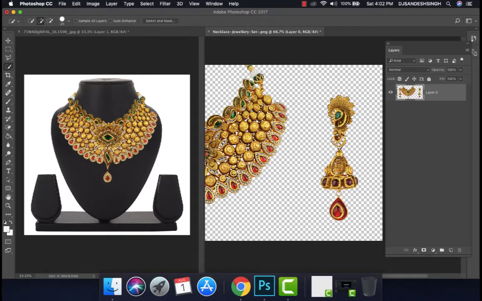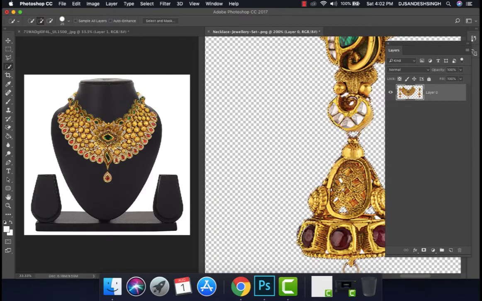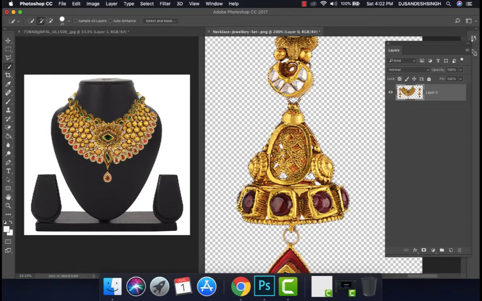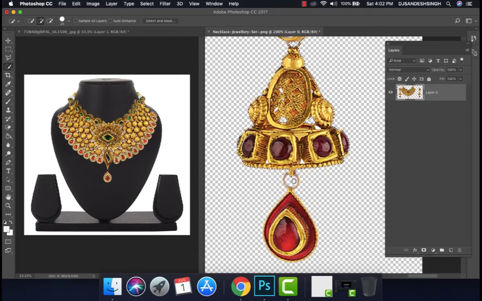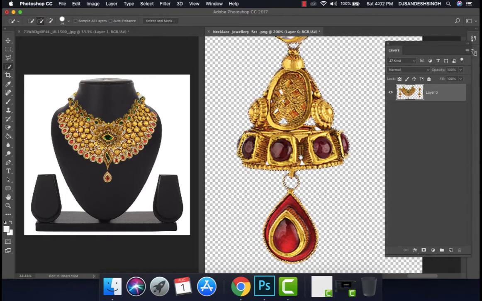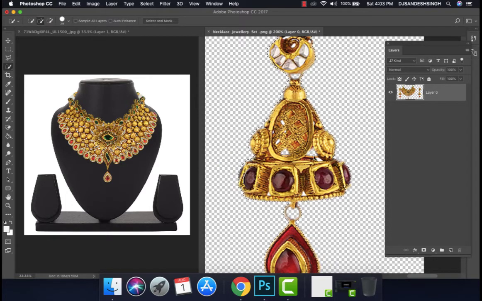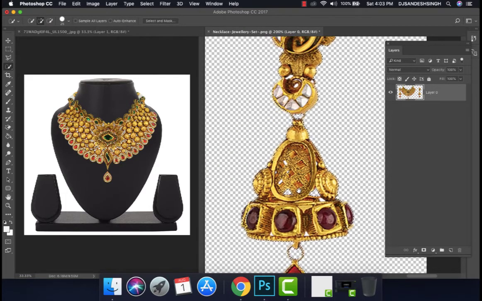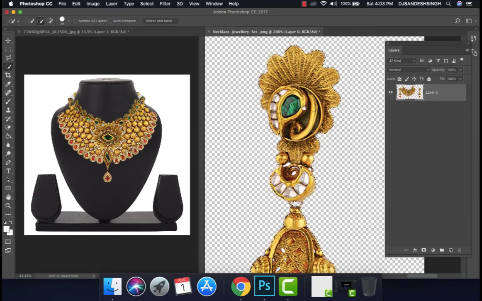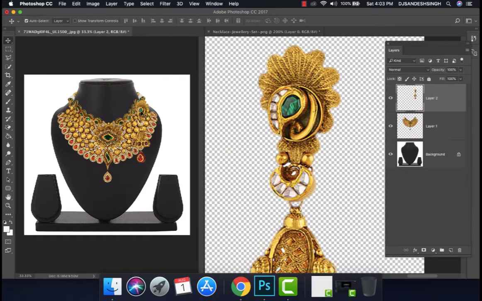In the same way, you have to understand this jewelry has to be properly selected, and you get the outer selection range if you see the dotted lines come over there. Best part, Control plus to zoom in and you can correct your selection over there. This is how it gets selected properly, and then we select and drag and drop it over there.